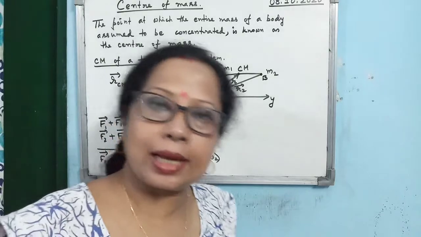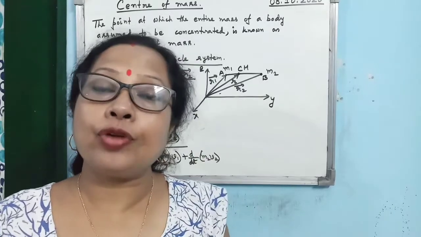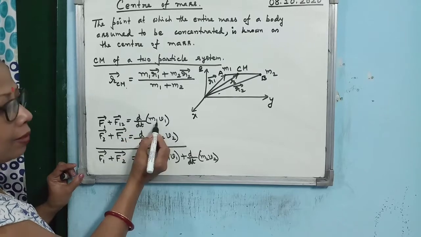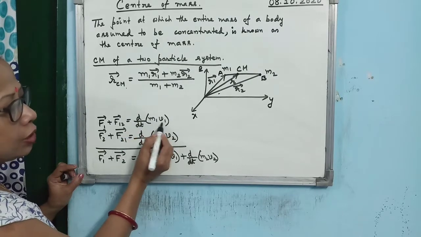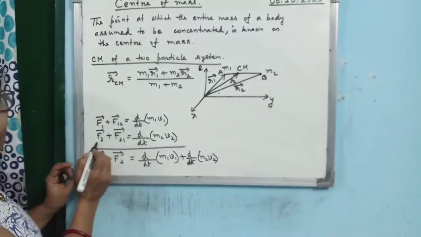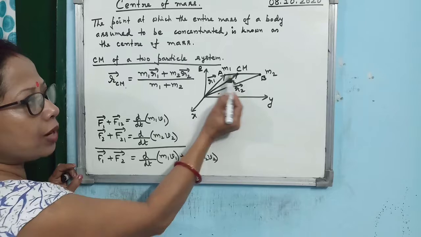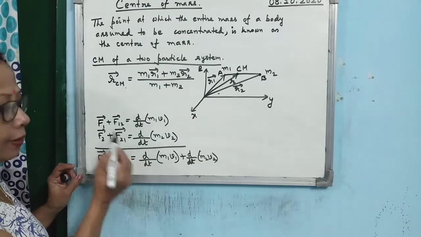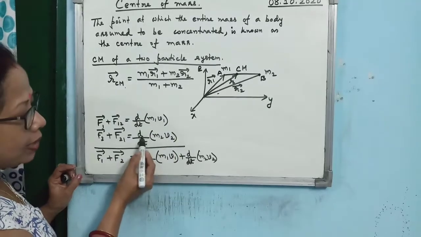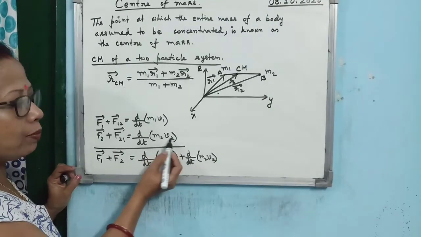So according to Newton's second law of motion, you know that net force acting on a particle is equal to rate of change of linear momentum. So you can write rate of change of momentum is d/dt and momentum is m1 v1. So d/dt of m1 v1. Exactly in the same manner for the particle m2, F2 is the external force acting and F21 is the internal force exerted by 1 on 2. F2 plus F21 is equal to rate of change of linear momentum of the second particle. So it is d/dt of m2 v2. What is the momentum of the second particle? Mass into velocity, so m2 into v2.